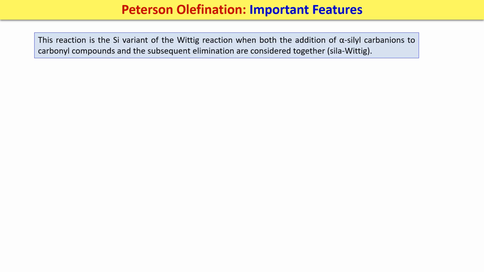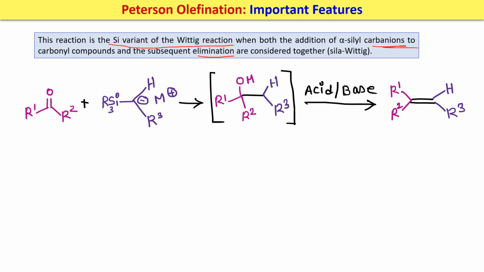Now we will talk about some important features of this olefination reaction. You can say this is the silicon variant of the Wittig reaction, where both the addition of the alpha silyl carbanion to the carbonyl compound and also the subsequent elimination are considered together. Why am I saying so? Suppose you look at this, here everything is happening together. The negative charge attacks here, you get the beta hydroxysilane. Then depending on acidic or basic conditions, or if you are not using any acidic or basic condition, as in the previous slide example, if it is directly some stereoselective formation of this, then we can also get one of the